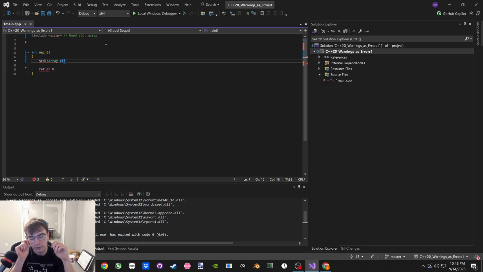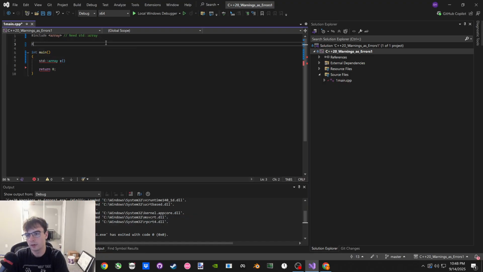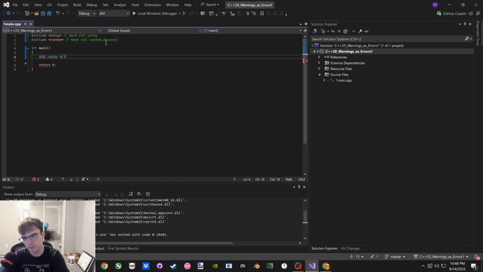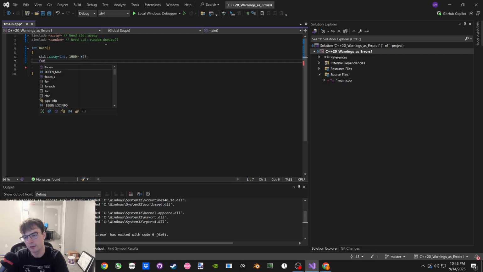I do it 1,000 times. I guess so. Or we could just do. I'll do this. I'm just gonna do standard array x, and we'll create it as an int with 1,000 elements, and then for